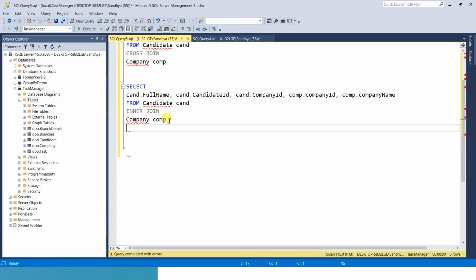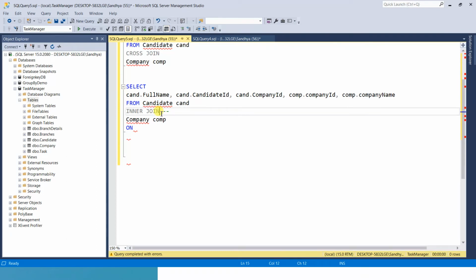To give a condition in a join, we have to use the on clause. Whenever you want to give any condition in any join, you will have to mention the on keyword. So here you can see select, and I will give on. Select is there, column list is there, from left table, and inner join, this is the join type.